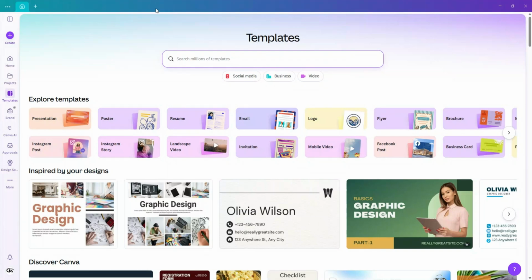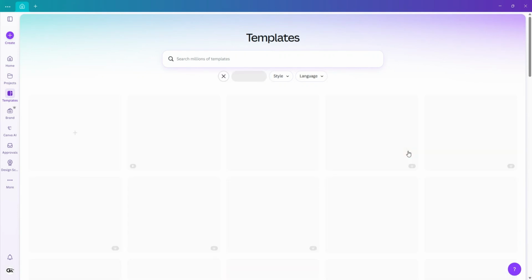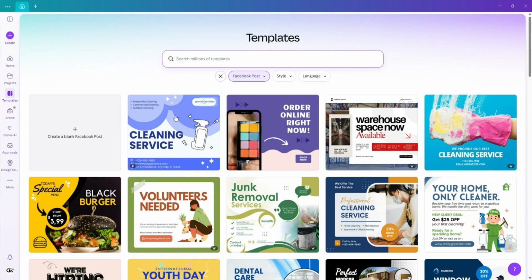In this video, I will be showing you how to stretch an image in Canva. Let's get started. I'm starting on the Canva home screen where I'll select the Facebook post template to open up a new project. I click on the option to create a blank Facebook post so I have a clean workspace